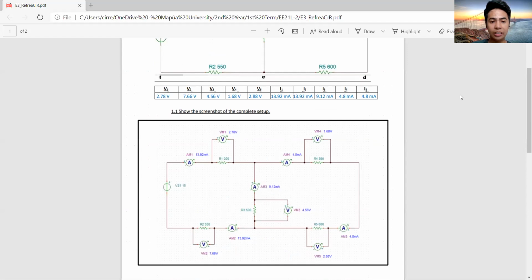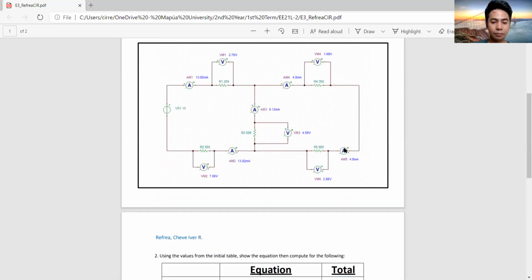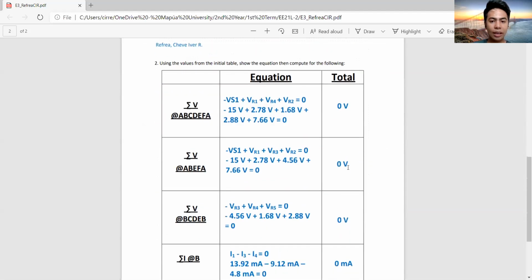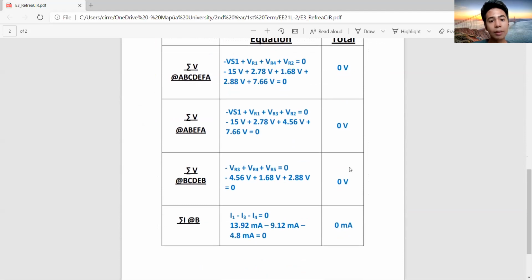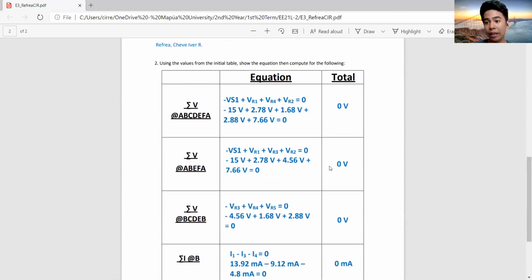Going back to the experiment as stated here, the values are corresponding and properly placed. And this is the screenshot of the complete experiment as discussed earlier, which I have shown in TinaPro. And this is the second portion of the experiment, which is the values and solutions. So you can see for the first value,